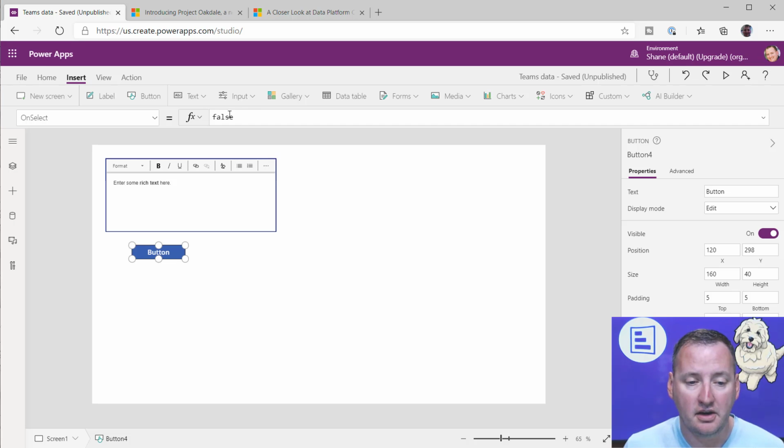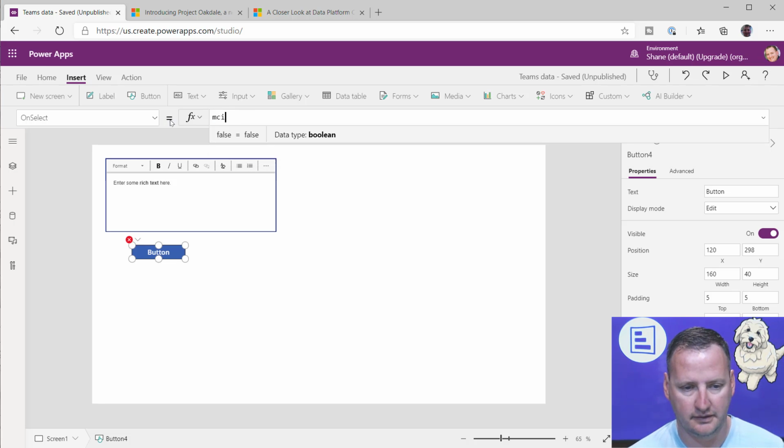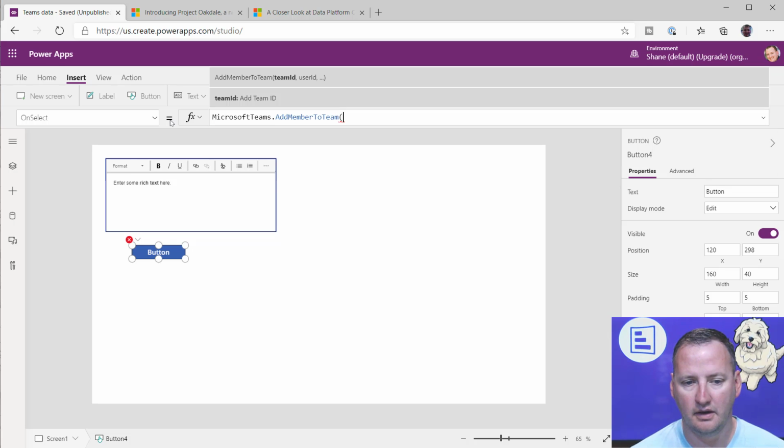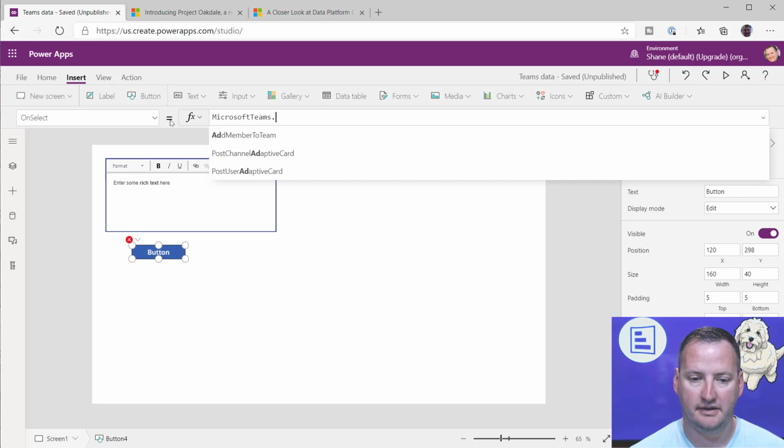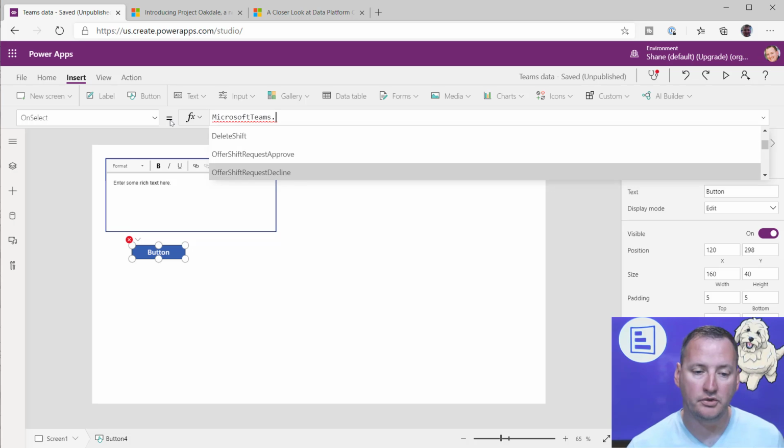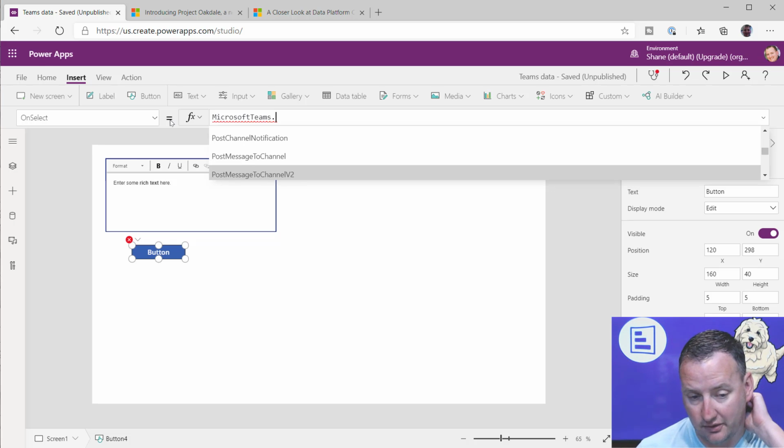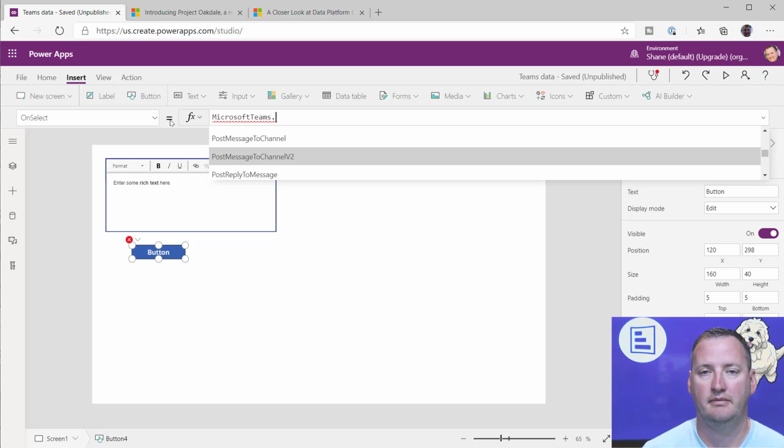So in here, what do we want to do? Well, we're going to type in Teams first. Microsoft Teams. Oh, I do not want to add a member to the team. When I was going through here, and this is literally how I learned these things, I just kind of press the button and go down, down, down. I'm like, oh, post message to channel, post message to channel V2. All right, well, that's the latest one. Meh. What I found out was a lot of the problems that I was having was because